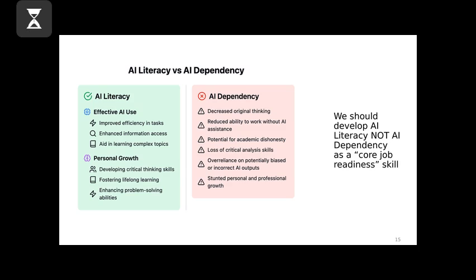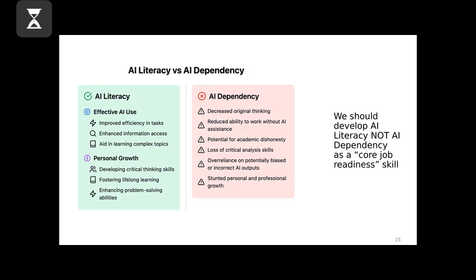So we've been talking about what AI literacy may look like. It starts with the knowledge about these systems. It includes knowledge about prompting these systems, and also being able to bring in your own human experience and expertise to the critical evaluation of these systems. So if you build on your AI literacy, not only will you be successful in your classes and your projects, but you will also keep developing your critical thinking skills. You will enhance your problem solving abilities, and that will pay off once you start a job that will require you to deal with complex problems.